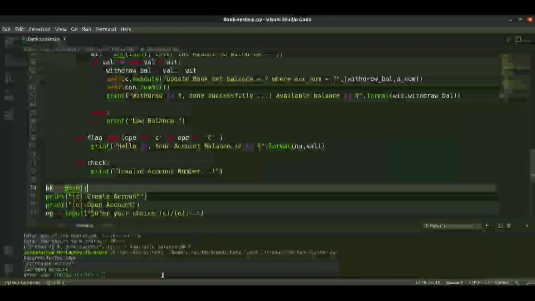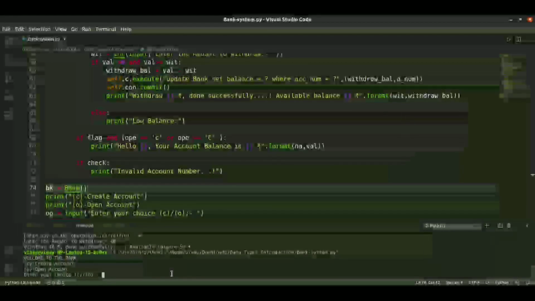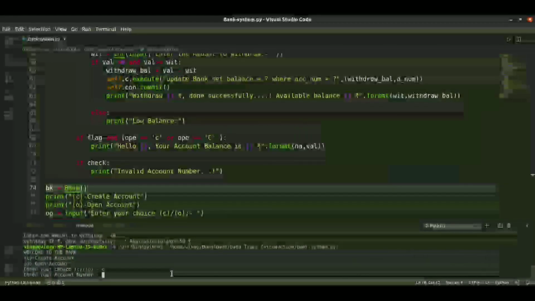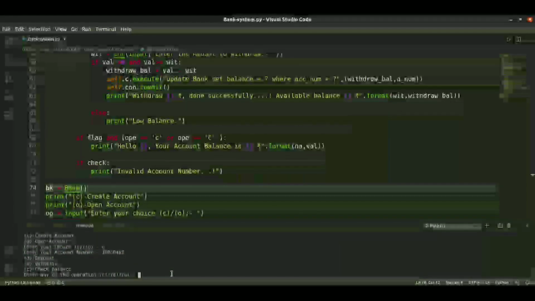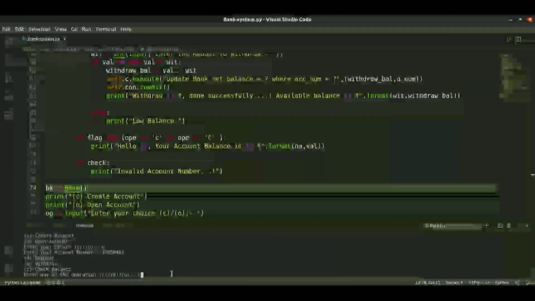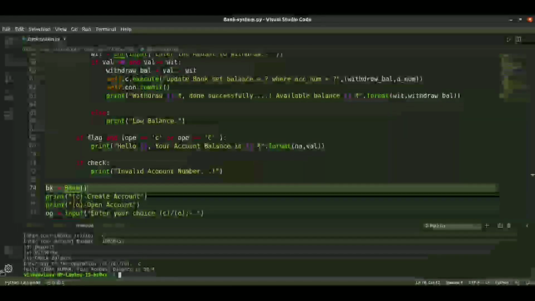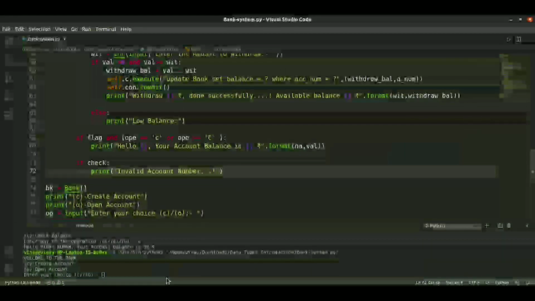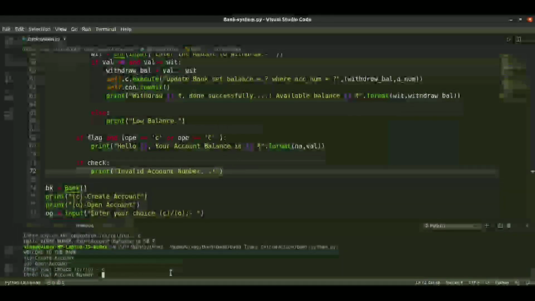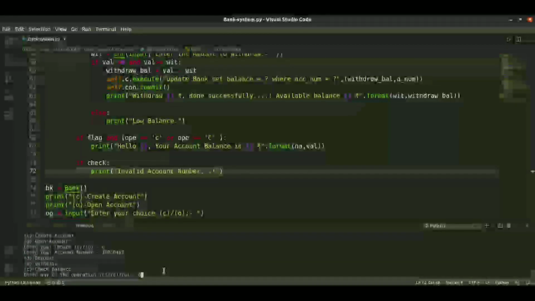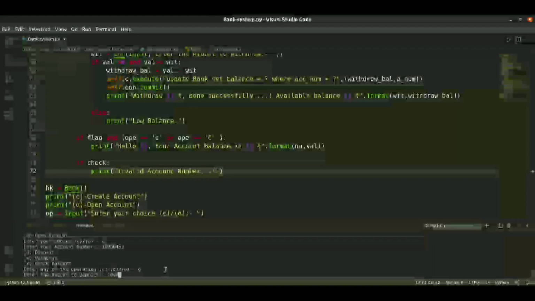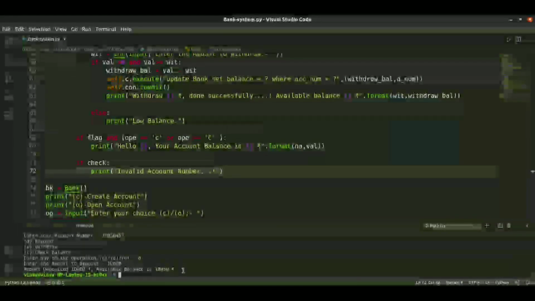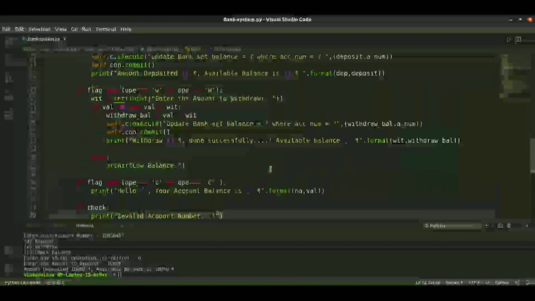And if we even check now, I open and enter the account number, and check the balance. We have the balance as 50, so it is updating. And if we open and deposit again, say 10,000, it updated as 10,050. We deposited 10,000 and it updated as 10,050. Okay, so this is how this works.